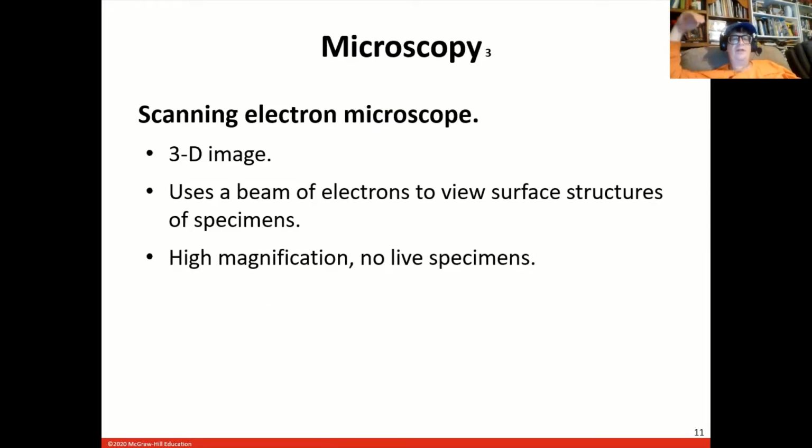You've got a beam of electrons bouncing off the specimen, again at high magnification, no live specimens. I think that's probably true here. But the part that's really cool,